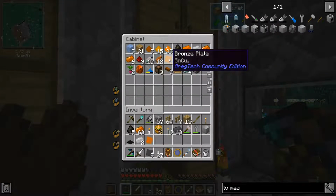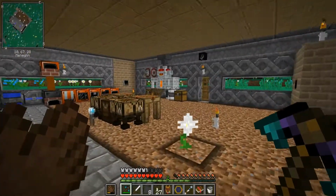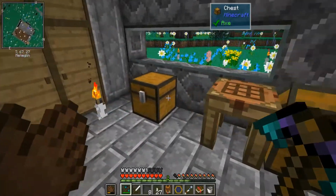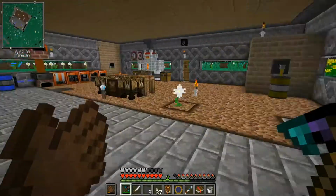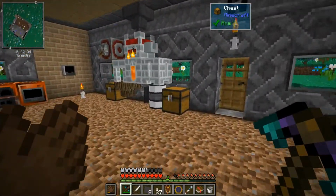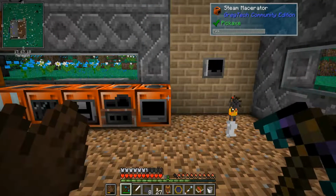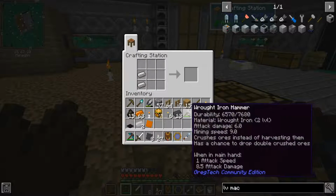Tin. There's a bronze plate. 2 of them. A couple of iron. Where have I dumped all my iron? That's wrought iron. They're in here somewhere. Gold. Yeah, there's some. Let's see if we can make at least one of these maybe and go from there, because